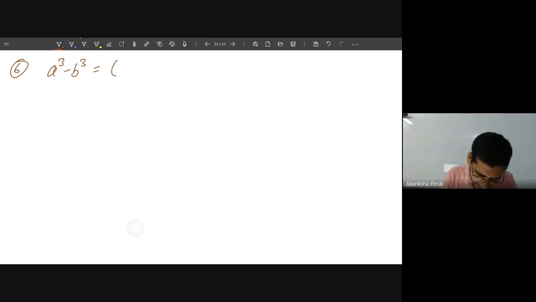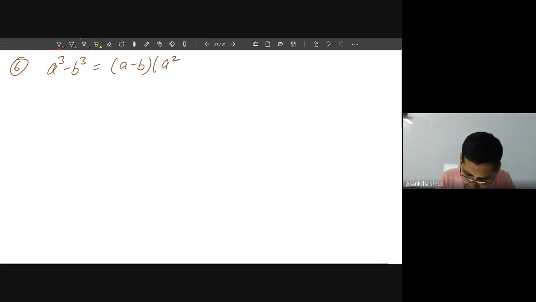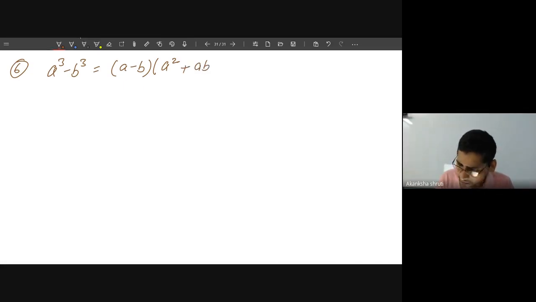Keep in mind a minus b. So you have to write a minus b as one bracket. And in the other bracket, you have to write a square. You have taken the minus sign by considering the negative. Now you have to write plus ab. Do not write 2ab. Otherwise, it becomes the formula of a plus b whole square plus b square. Okay, students? So this is important. While this is negative, you have to keep the same a minus b, and the sign here is opposite.